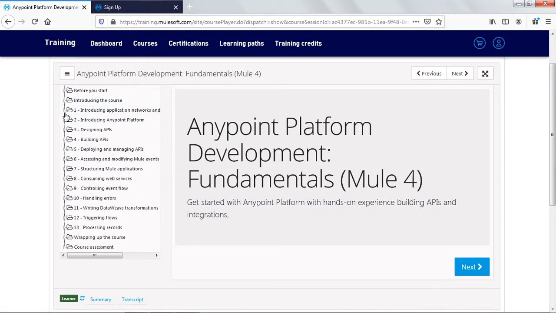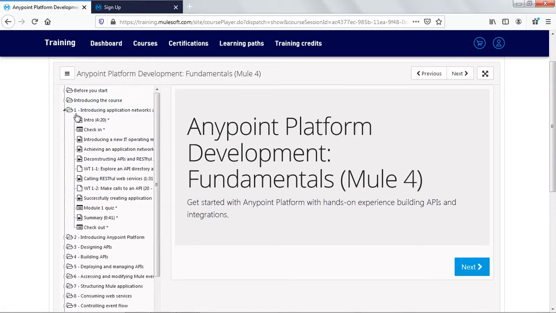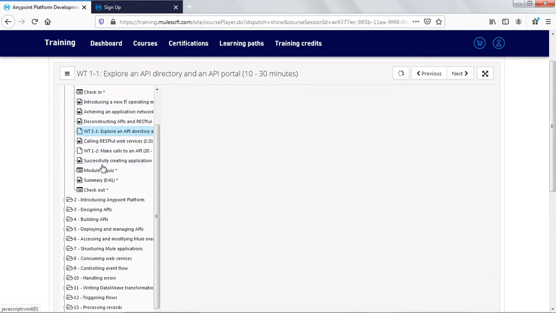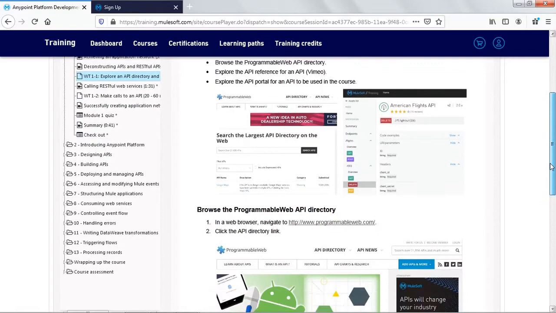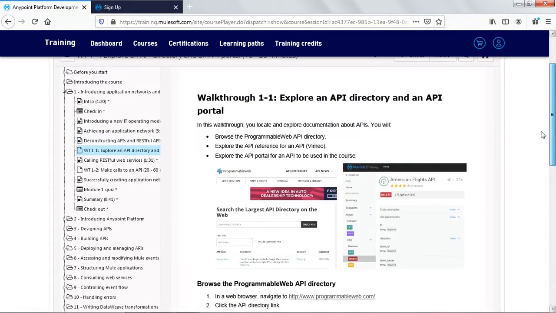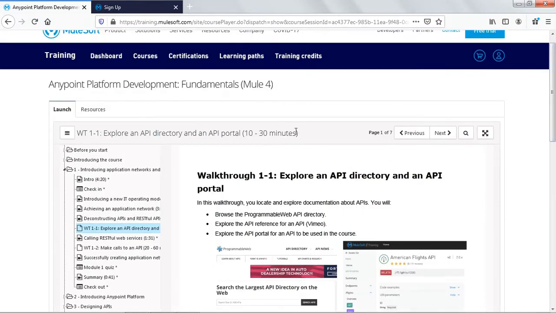Every module consists of some video lectures as well as some self-do exercises, and they have explained quite nicely the detailed steps you need to perform to achieve any particular goal or objective. Also, on every walkthrough you can find a time mentioned, so please ensure that you spend this much time on that part.